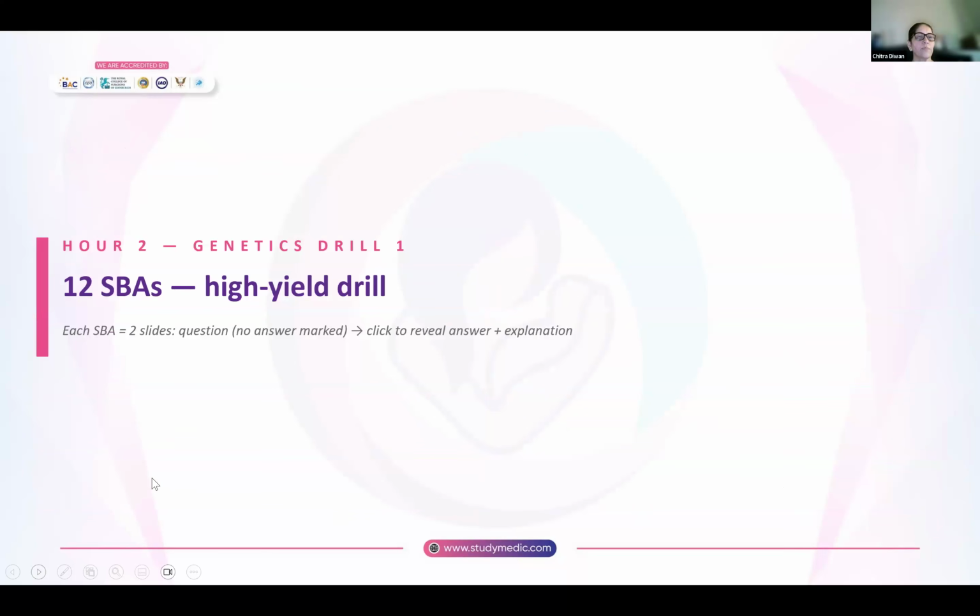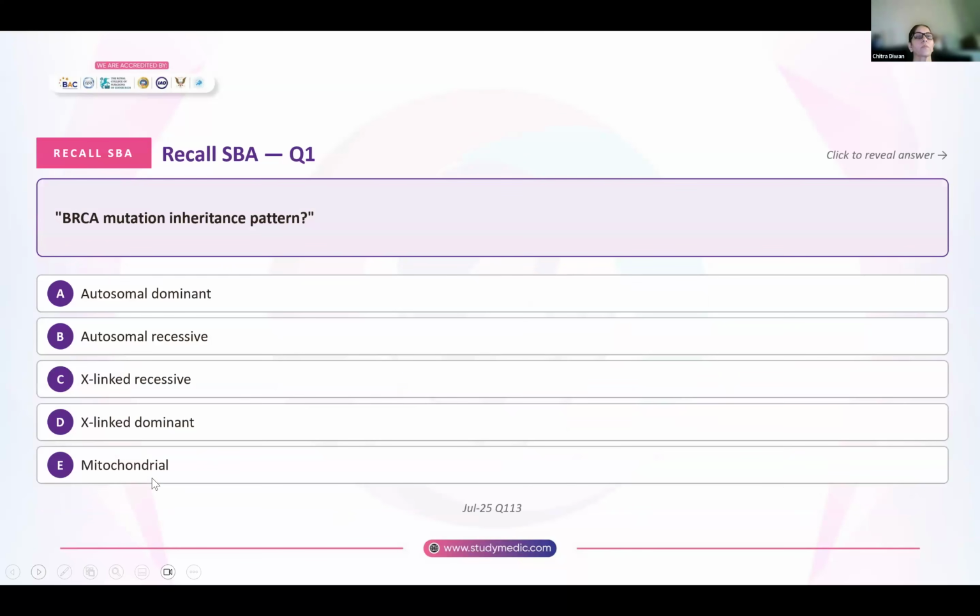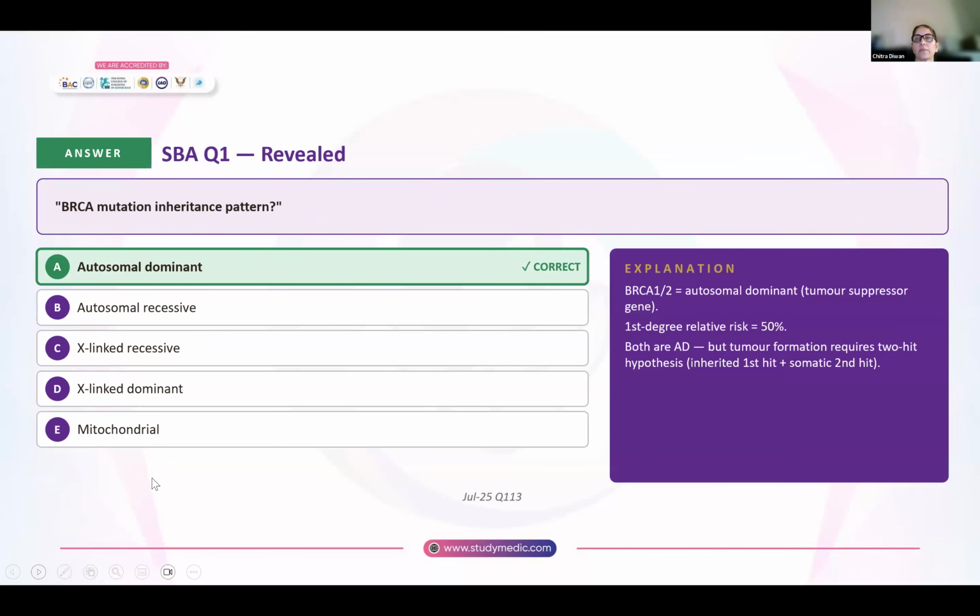Let us see a few SBAs. BRCA, what is the inheritance pattern? By now, I think it should be firmly imbibed that BRCA is autosomal dominant. So in BRCA, the first degree relatives are at a 50% risk,